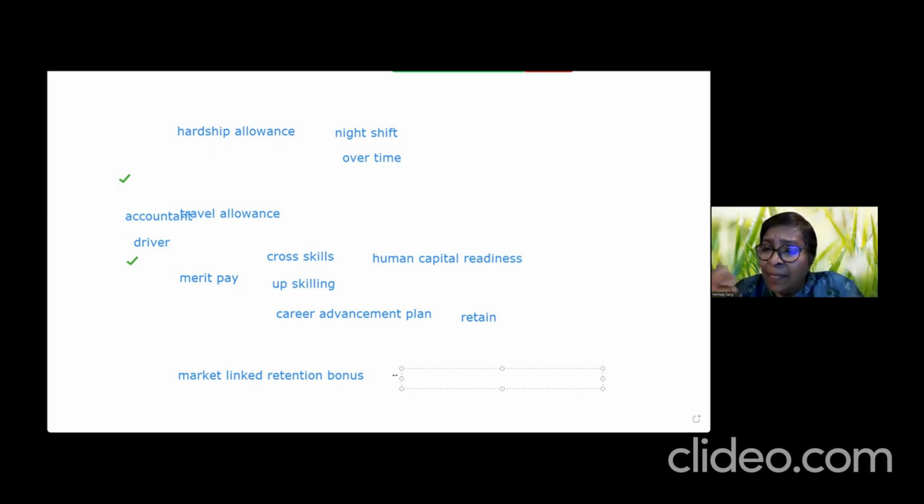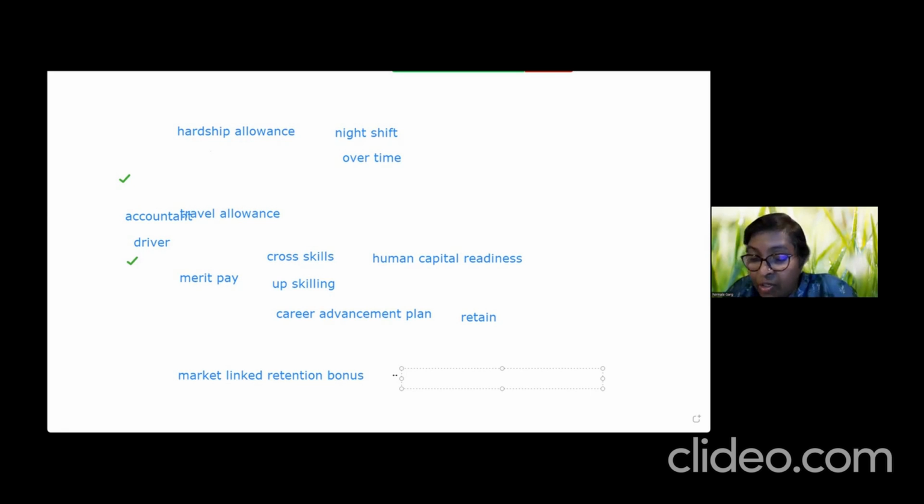you know how IT is, market is very fluid, dynamic. So then they realize that, hey, in TCS, Wipro, Infosys, these large IT organizations, people with other skill sets said, what do you mean? If this guy is getting a market-linked retention bonus because he has the skill, are you saying that the skill sets we have are not very critical and so therefore we can't get additional bonus? So they scrap this.